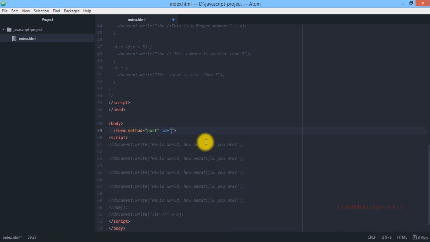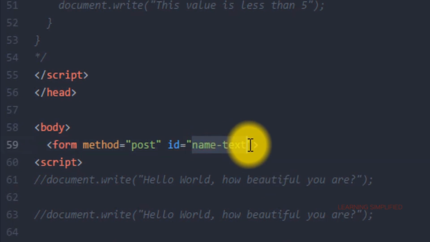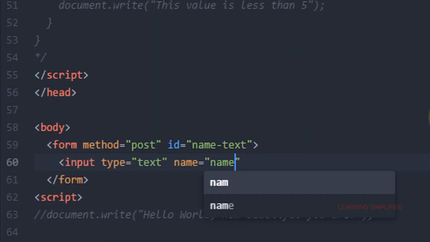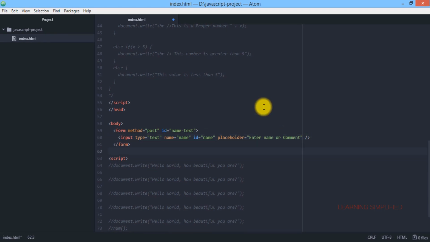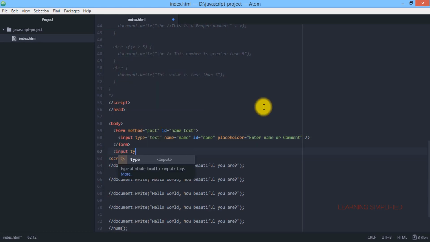I have already told you to put an ID in case of every form field that you have created. Say I have created this form field with an ID name of name text. We are creating another input type, which is now submit.